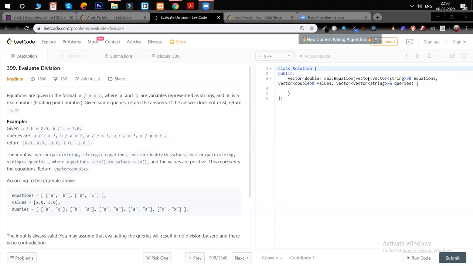So what I was thinking, on the same lines, on the directed acyclic graph, the edge weights will be either the weights that are given or the reciprocal of them. Then you can do a BFS from the source till you find the destination, and you keep multiplying the edge weights along the way. When you reach the destination, that will be the answer. Yeah, earlier I was talking about the same approach, I guess. Right.